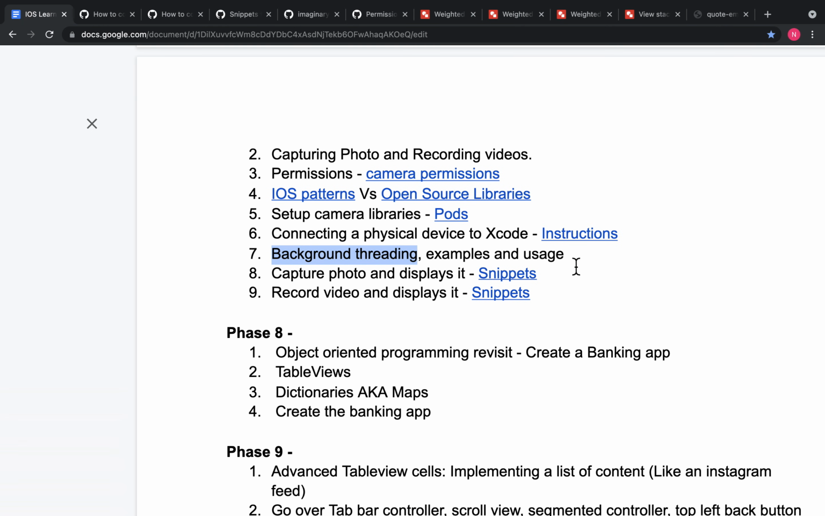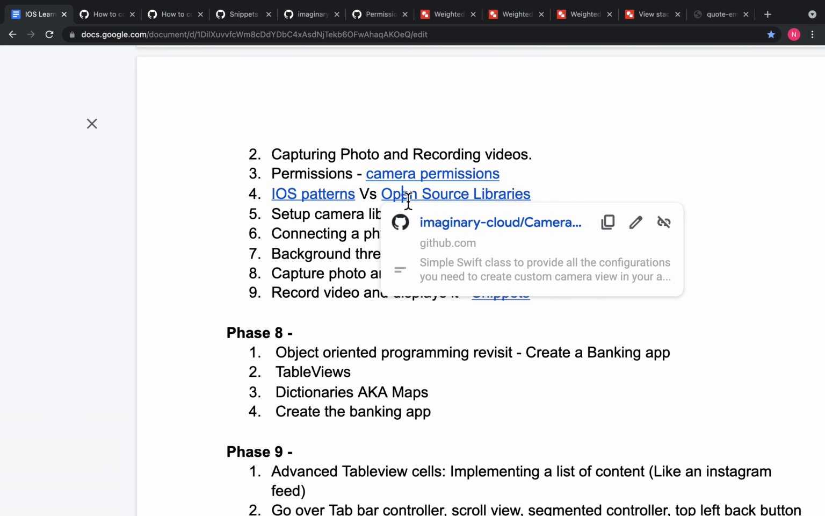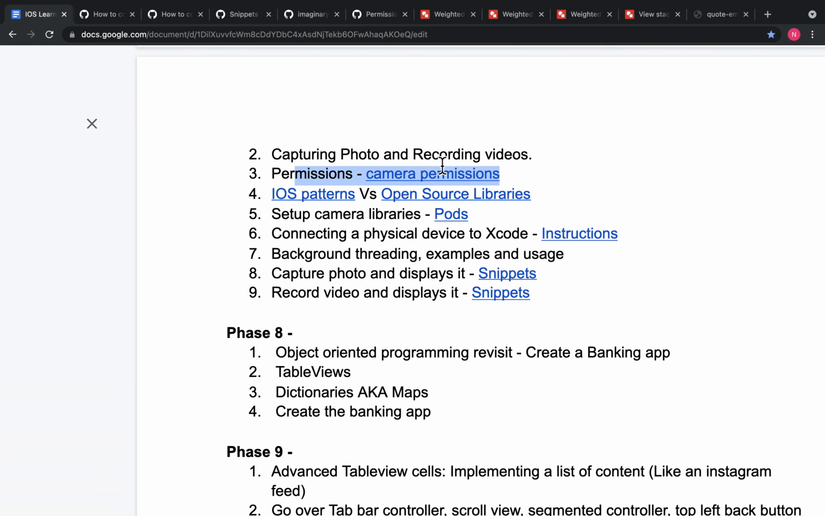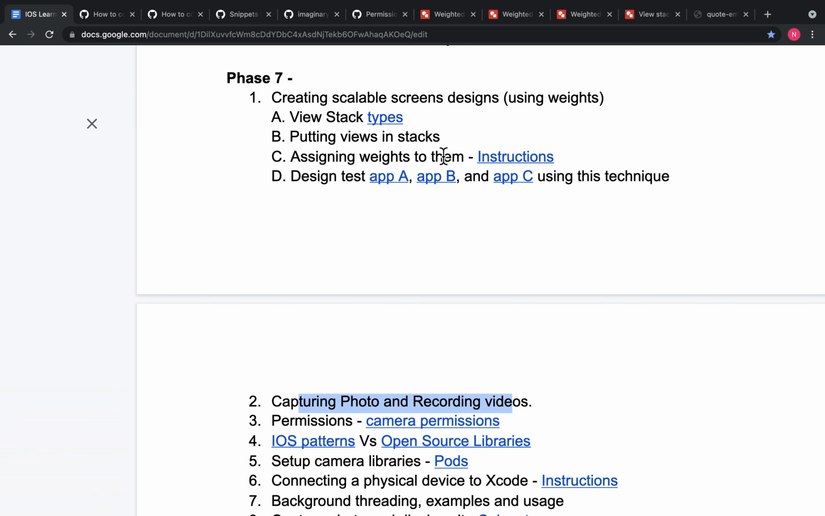So today we've talked about background threading. We've talked about connecting a physical device to Xcode. We've talked about setting up the camera library pods, iOS patterns versus open source libraries, permissions, capturing photos and recording videos. And we've talked about designing screens that scale. This is very necessary to know. So remember this,